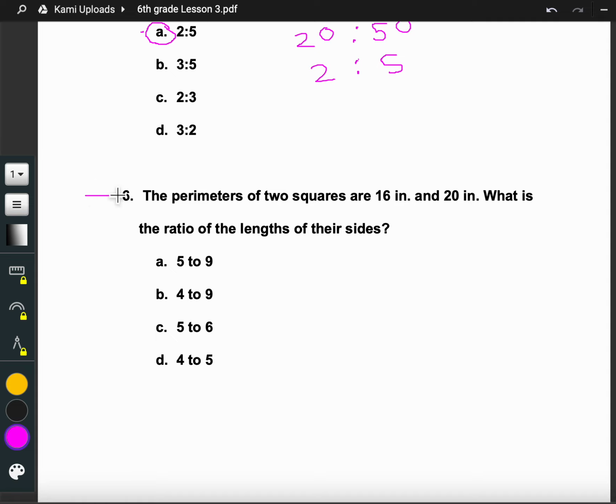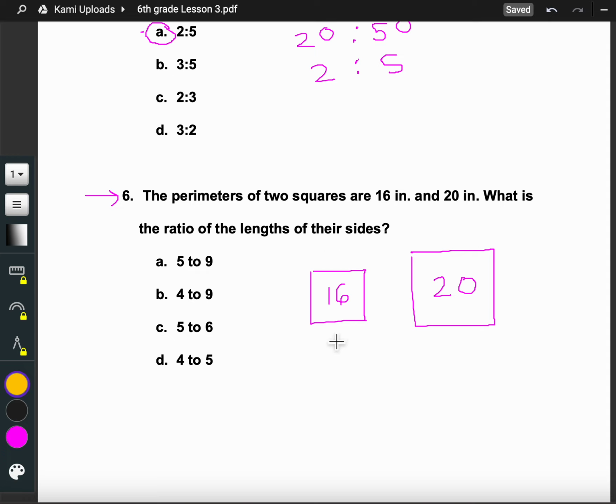Okay, let's look at number 6. So the perimeters of 2 squares are 16 and 20 inches. What is the ratio of the lengths of their sides? Okay. So 1 square is 16. That's the perimeter, not the area. And 1 square is 20 as the perimeter. Okay, so